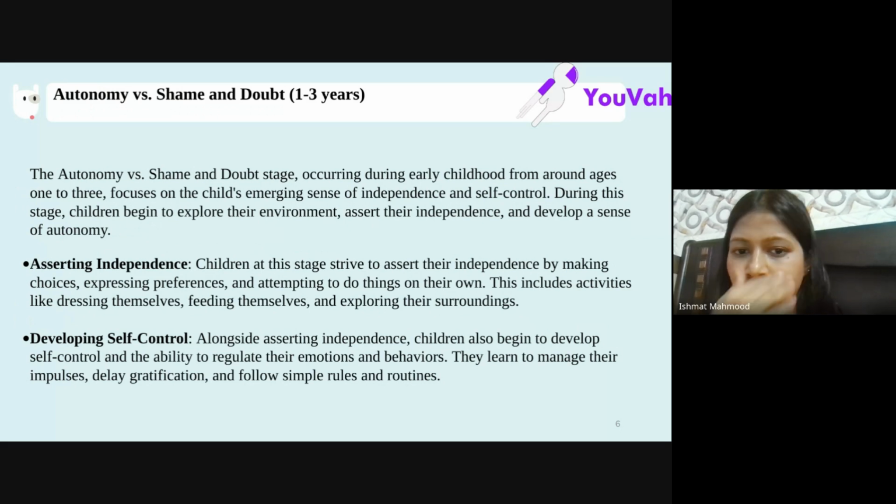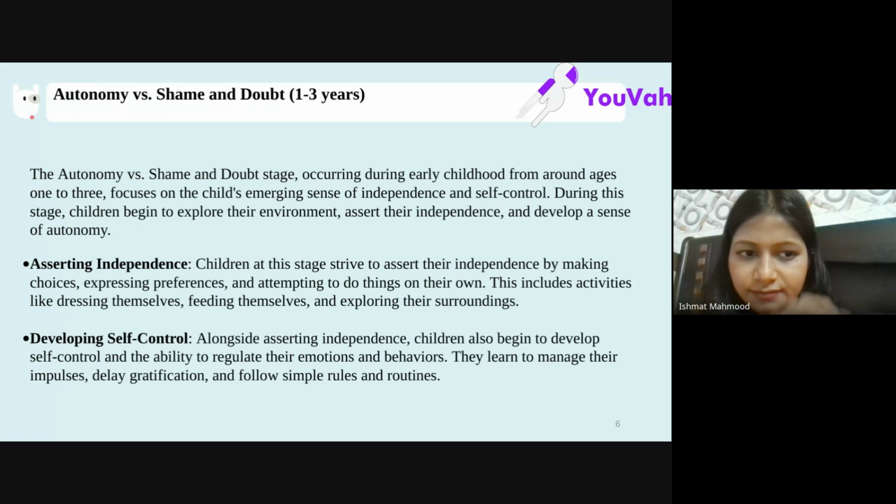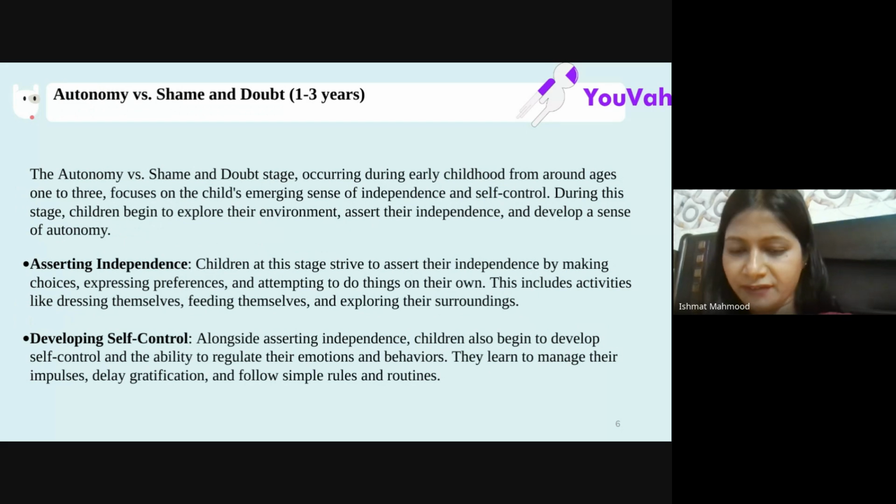I hope you will be able to read the definition and comprehend everything. But let's take an example यहाँ पे, right? अगर एक बच्चा है and उसको भूख लग रही है, and by the age of 1 to 2 or 3, most children start eating by themselves, राइट. तो वो अपने आप से खाना खा रहे हैं हाथ से या स्पून से. और जब वो खाते हैं, अगर उनके पेरेंट्स उस चीज में उनको इनकरेज कर रहे हैं, कि हाँ बेटा ठीक है, it's okay, you are doing good, तो वहां पे उनका क्या बिल्टअप होता है,